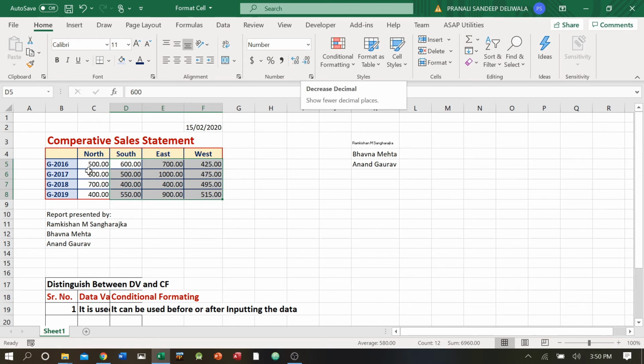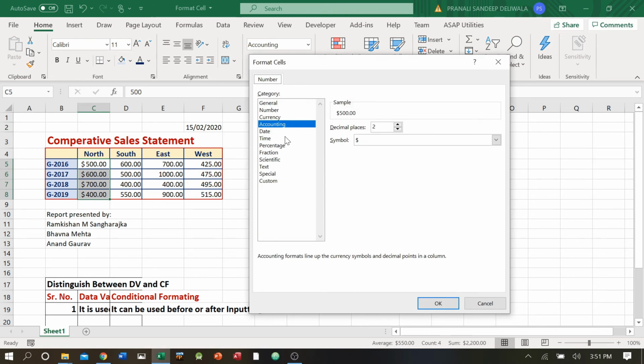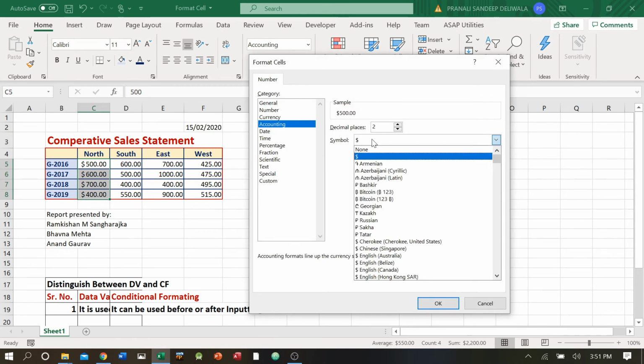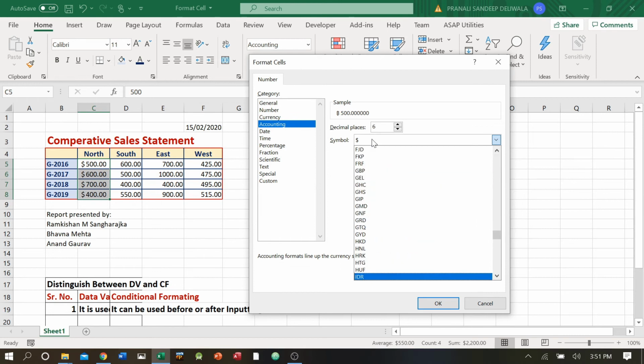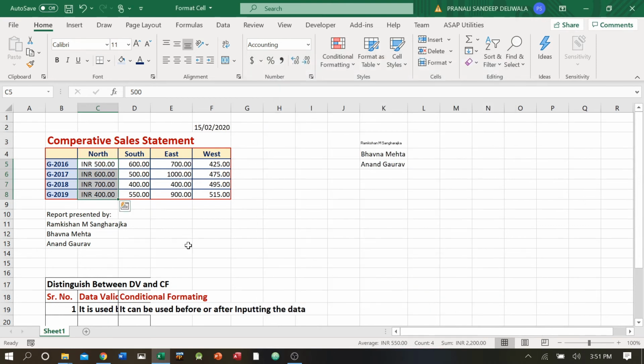Okay. For some reason, I want some currency to be present. If I say dollar, okay, dollar will come here. If I want, I have a choice of other currency also, like INR or something. I can go there also. This is the list of it. You need to find out where is INR. Okay, this is the INR, Indian Naya Rupiah. There is nothing for rupees, RS. I'll say okay, and your INR over there.